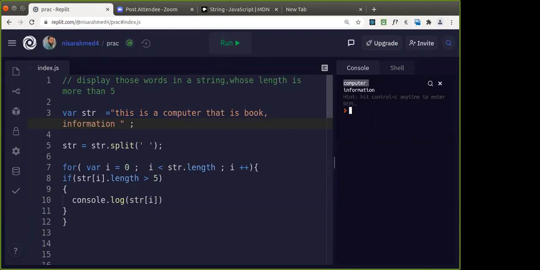Right guys, so this is the very basic concept of string manipulation. I'll just take up